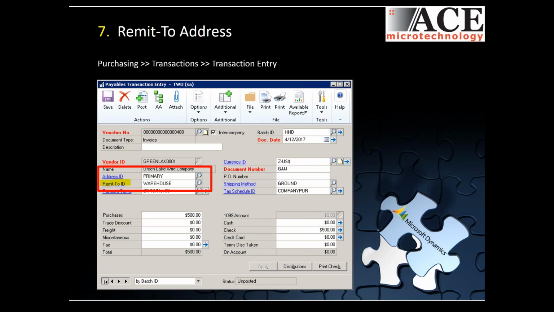Number 7, remit to address. We've had this for a really long time too, but I wanted to make sure everybody is aware that the remit to address really does facilitate your ability to use one vendor that has multiple addresses, and some of those multiple addresses you actually remit checks to. So GP is smart enough to know that if you enter an invoice with a remit to address, then enter another invoice using the same vendor to another remit to address,